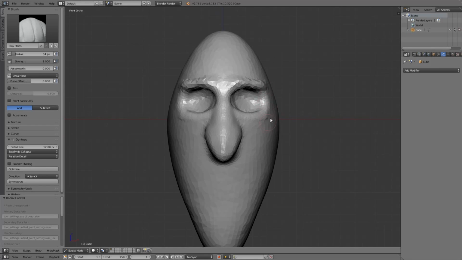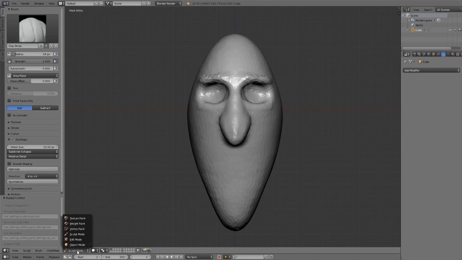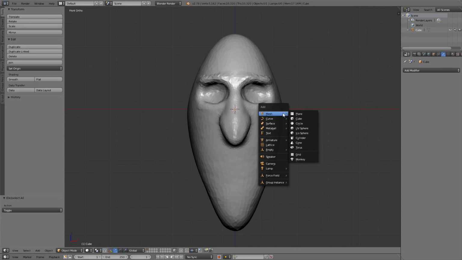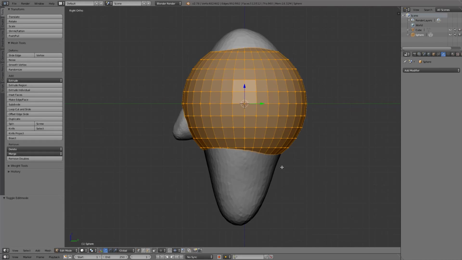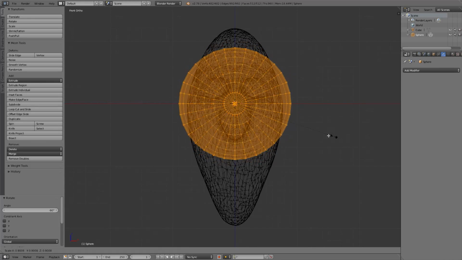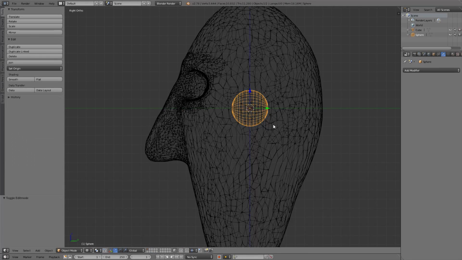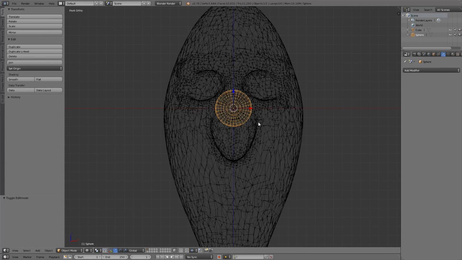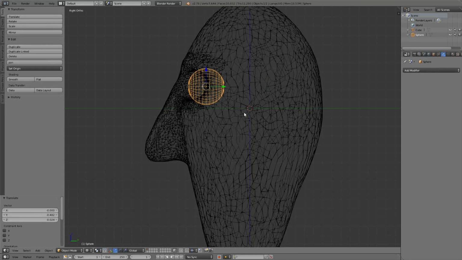And then after that, I decide to make another object, which is the eyeball. So I just go up from the sculpt mode to object mode, and then I press Shift A, add a mesh and a UV sphere. Now with the UV sphere selected, I just press Tab on my keyboard to change it to edit mode, and then I just scale it. Before I scale it, I of course rotate it 90 degrees, and I just position the eyeball to the eye socket roughly,